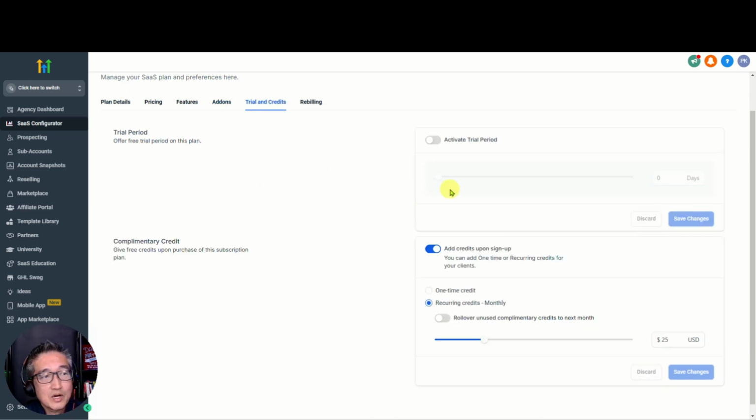And so here you have the ability, if you want to activate a certain trial period, you can activate that, and then you can go up to 30 days, right? So I'm not a big component of free trials. And then here adding a one-time credit. This is reoccurring. I believe in just one-time credit,